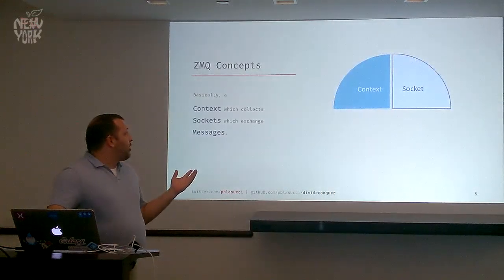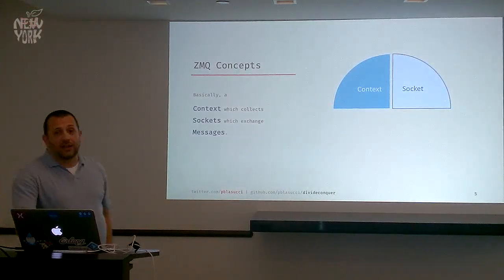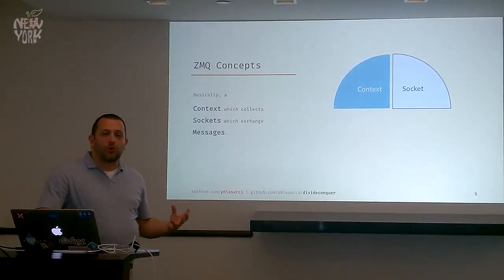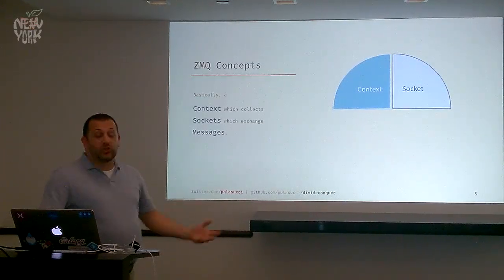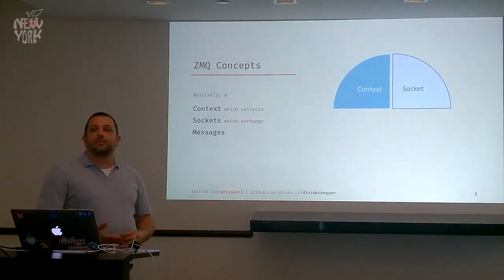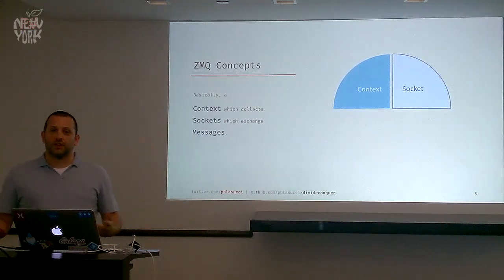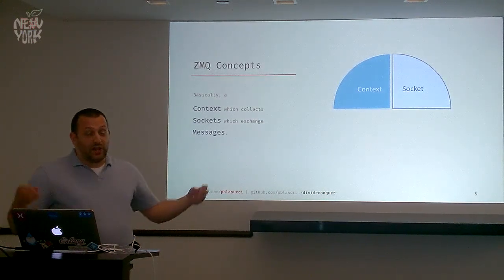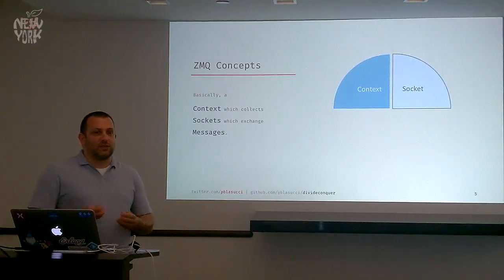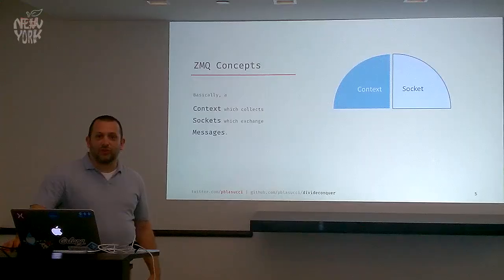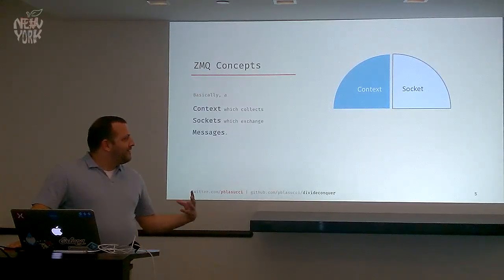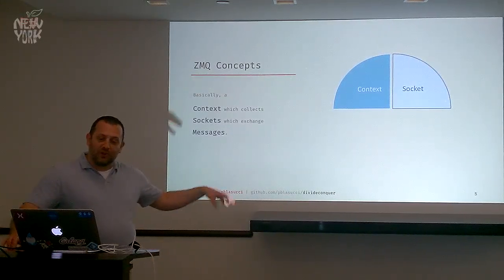Basically, the context's main purpose is to do some housekeeping and manage sockets. Sockets are really your workhorse in ZeroMQ. You'll create potentially many sockets. The simplest application will have two sockets. Two sockets together form a channel. You can't really do any distributed anything without at least two, right? It's that joke. It doesn't strictly apply here, but it's relevant.